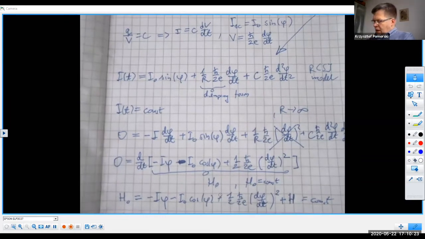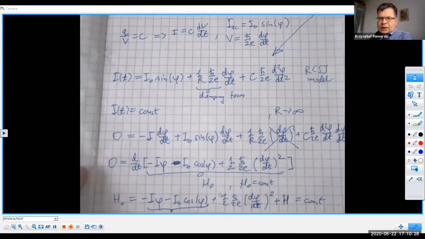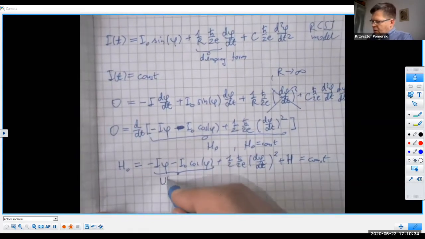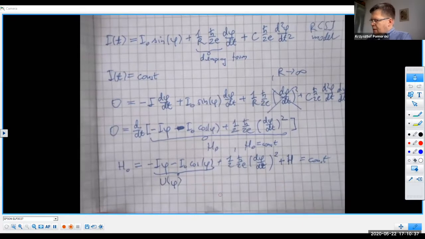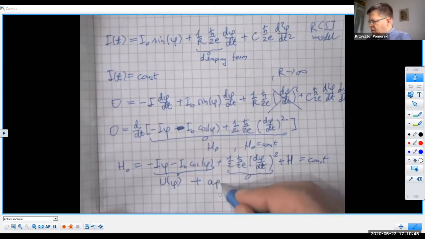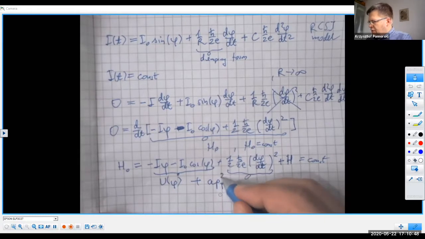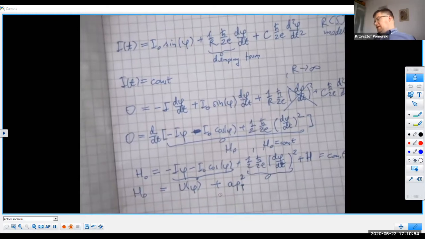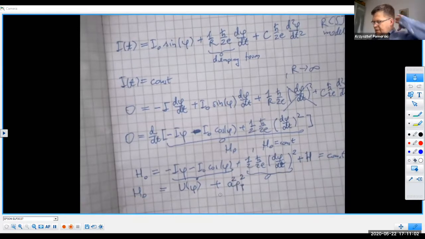And now we identify that this guy is nothing else but some nonlinear potential, and this guy is nothing else but some constant times canonical momentum squared. So this is our Hamiltonian. And then what turns out is that